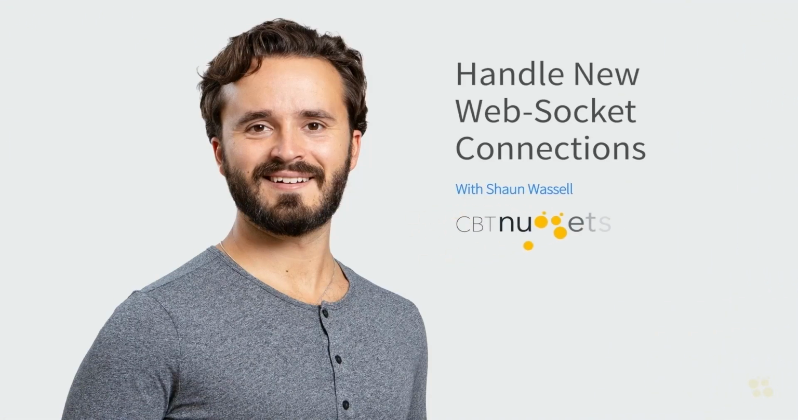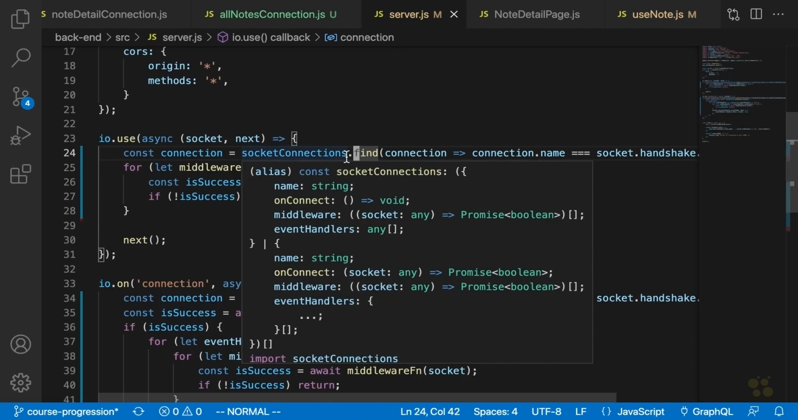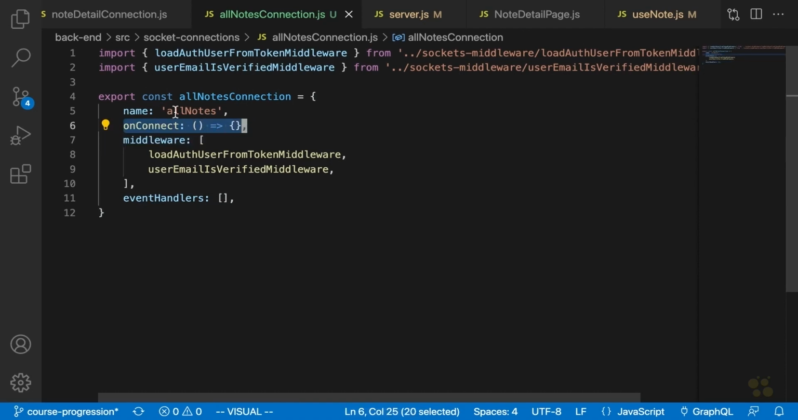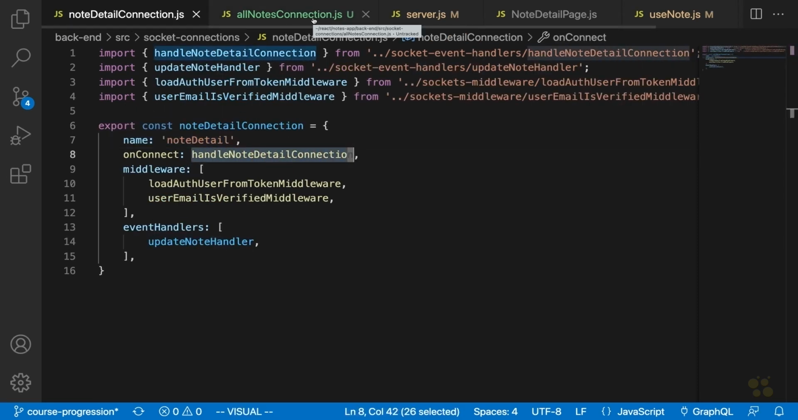All right, so now that we've adjusted our server so that it takes into account multiple different types of socket connections that our application might want, the next thing that we're going to do is go into our all notes connection and define what we want this onConnect function to be. So just like we did a note detail connection, we're going to define this separately. And this is just going to be an asynchronous function that gets called when a client first connects, via a